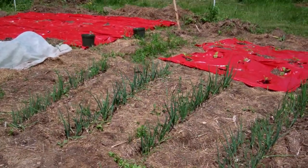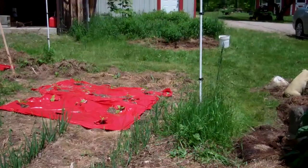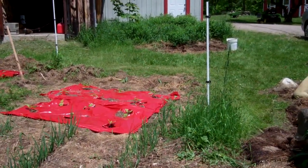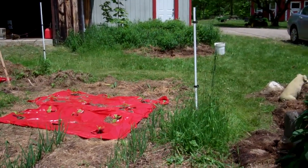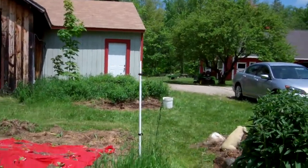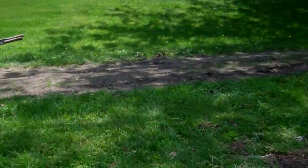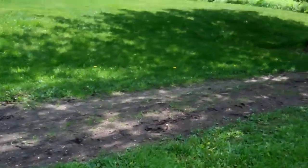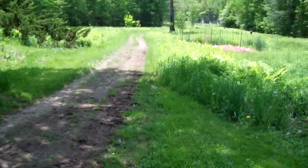Then some onions. I have 1, 2, 3, 4 rows of onions and scallions, and then that back red thing is eggplants and peppers, and beyond that are 2 artichokes. Okay, so now we have one more place to go. We're going there. And then you'll have seen everything in my yard except